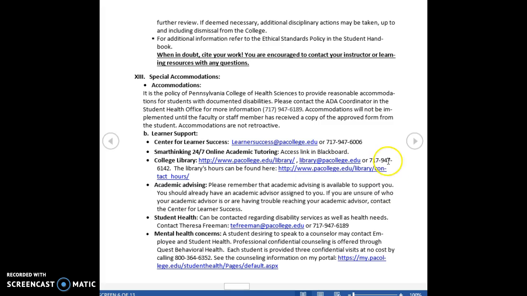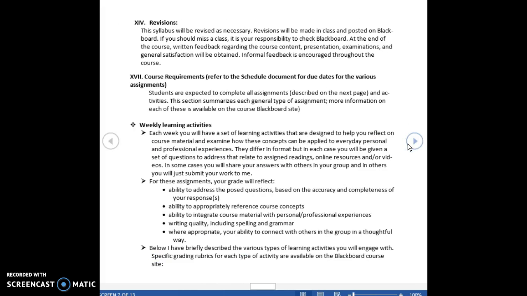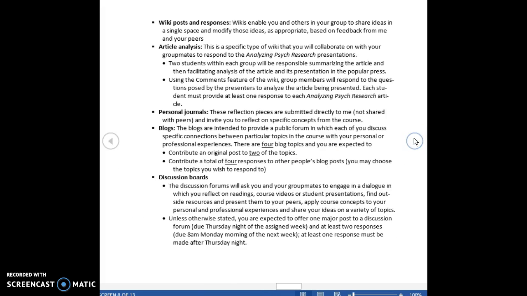Another thing that I wanted to spend a fair amount of time on are the weekly learning activities, what you're expected to do in the course. So every week you will have typically 2 different ways of engaging online, usually in collaboration with several other students. You'll work together in small groups to create something to share, to reflect on information, to apply course information.